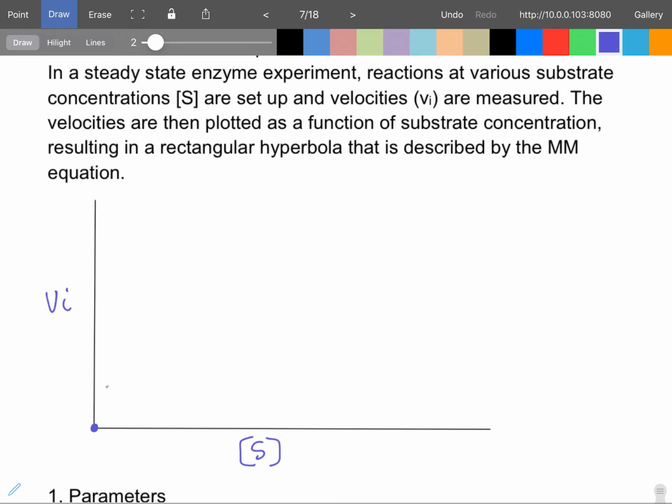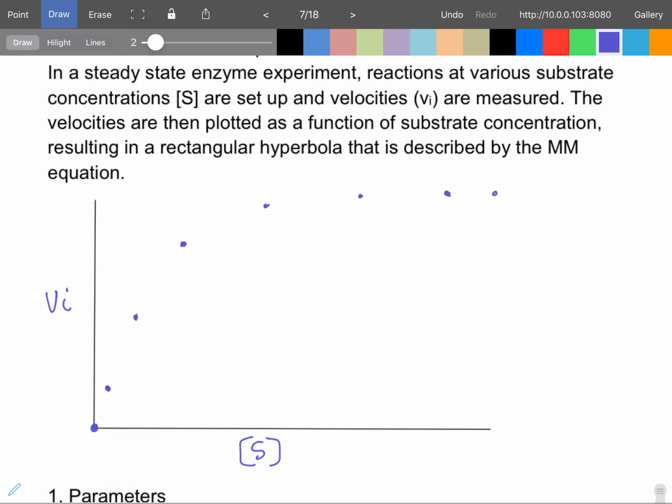So we'll have an experiment that has some substrate and some velocity that corresponds with that. We'll do another experiment that has even more substrate than that, and maybe the plot was like this. And then we'll increase the substrate concentration again. Maybe we get this velocity, and we'll keep doing the same thing. And so we'll have this one. Notice what happens is that it levels off, and it produces that familiar shape we've seen before called a rectangular